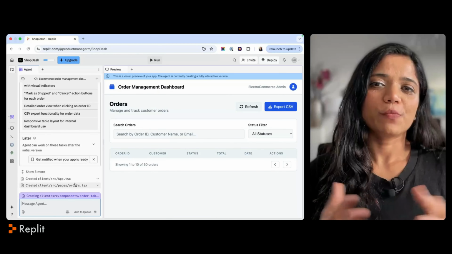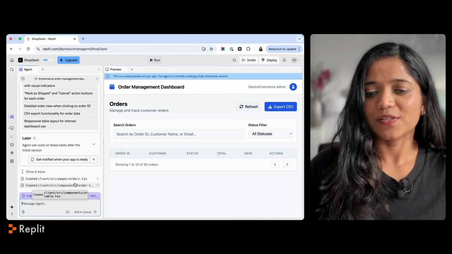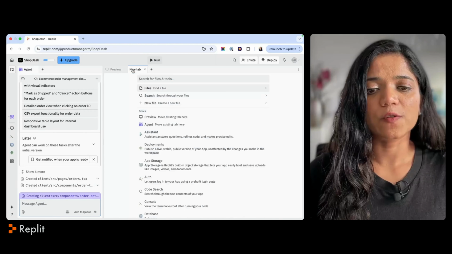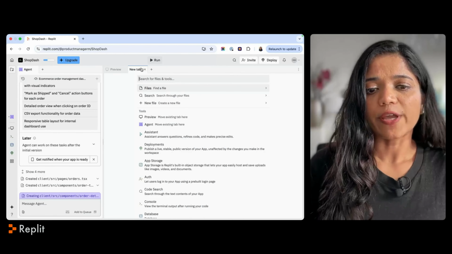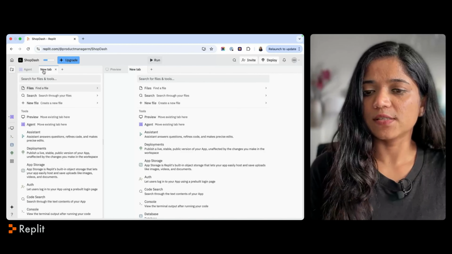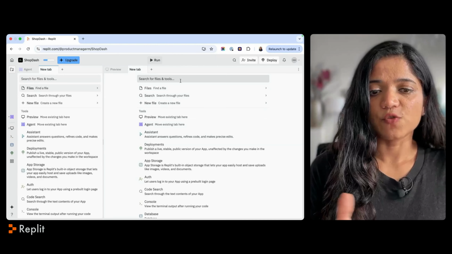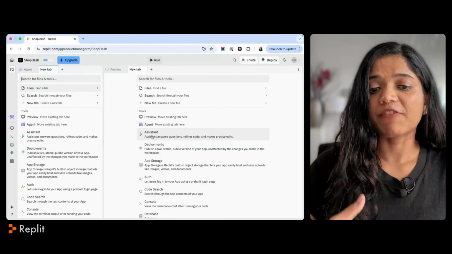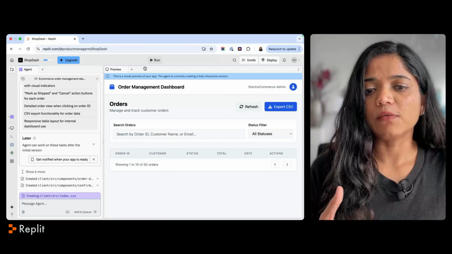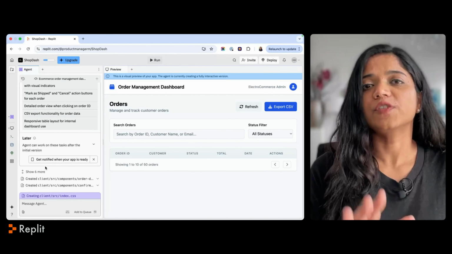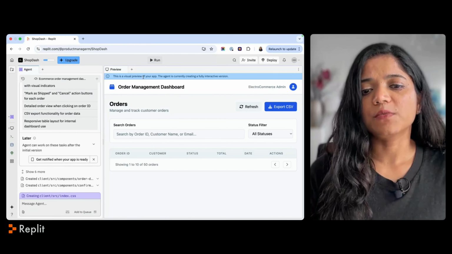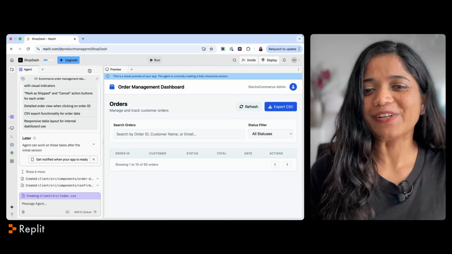I'm not sure. So it may be suitable for software engineers because it tries to do a lot of things in the background here. Now, while this is working, I'm just going to click on this plus sign and see what it does. So I can open a similar tab over here, which is the same as this tab, and it says search for files and tools. It feels like I have access to all the features in Replit. And so it might be a powerful tool, but unless I've seen the first app and try to use it and try to deploy it, I don't feel comfortable using the rest of the features yet. So I'm going to leave it there.